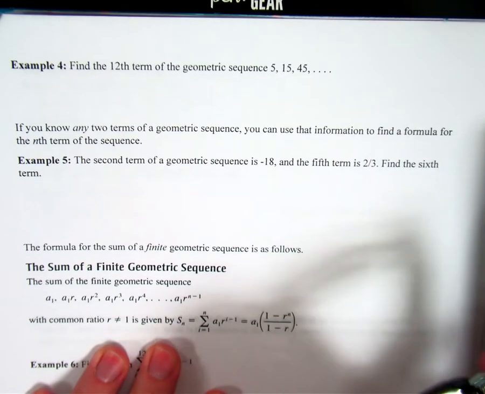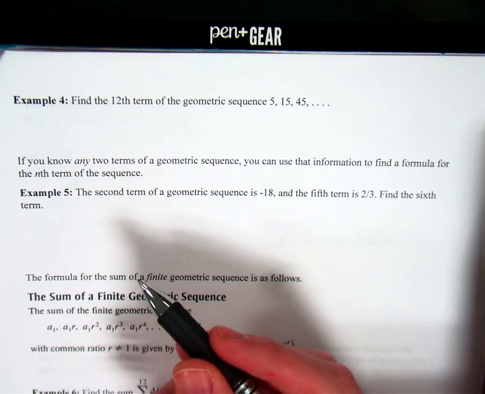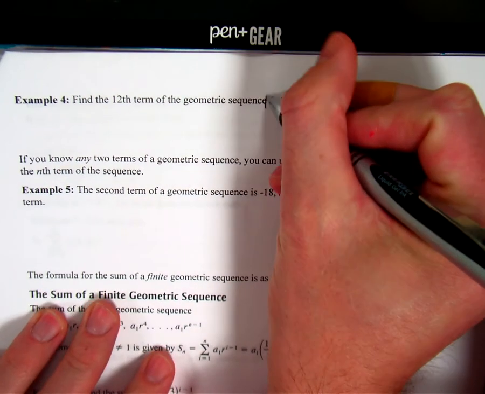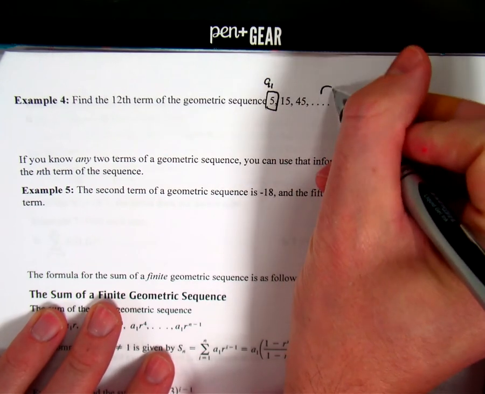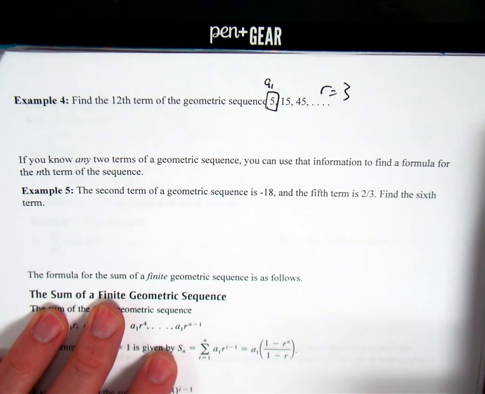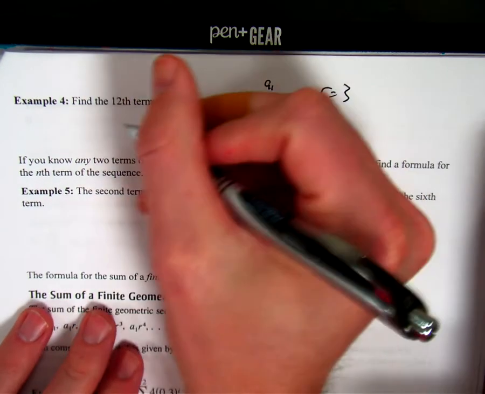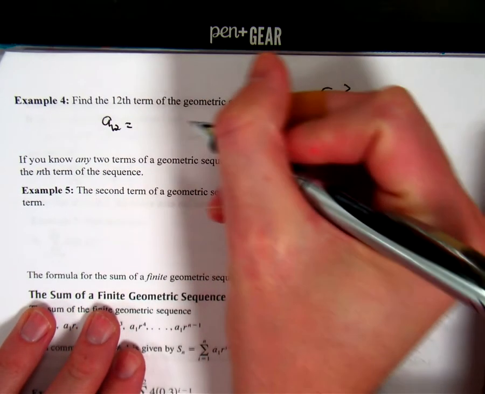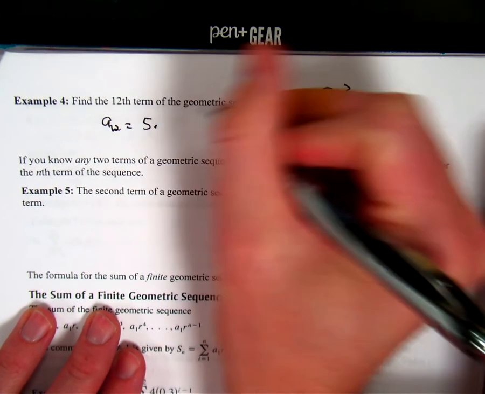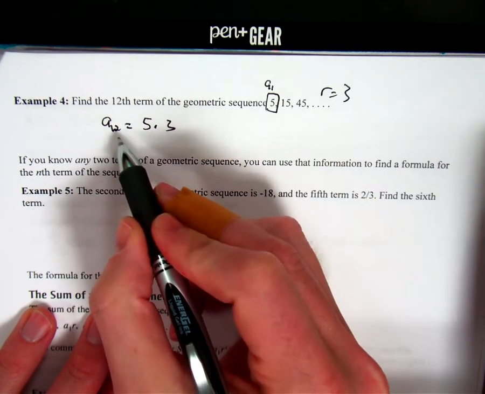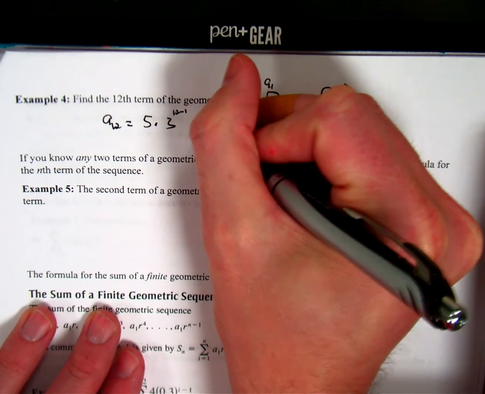Find the 12th term of the geometric sequence 5, 15, 45. Okay, well here's our A1, and we're multiplying by 3's, and we want to know A12. So that is going to be our first one, 5, times our ratio, 3, to the 12 minus 1 power, aka the 11th power,